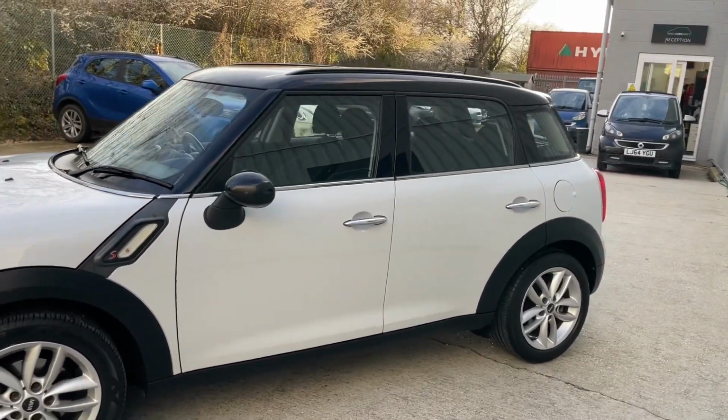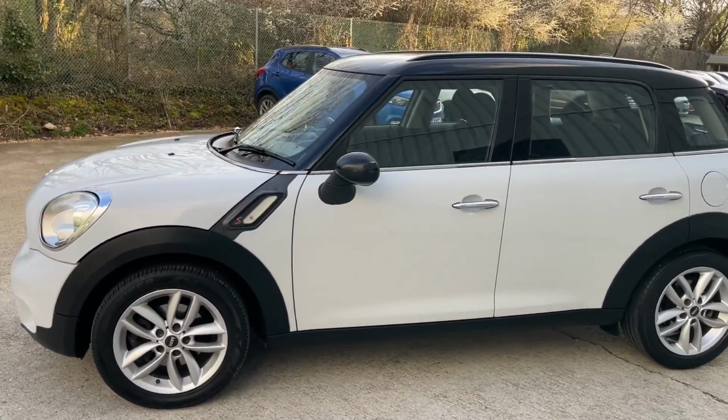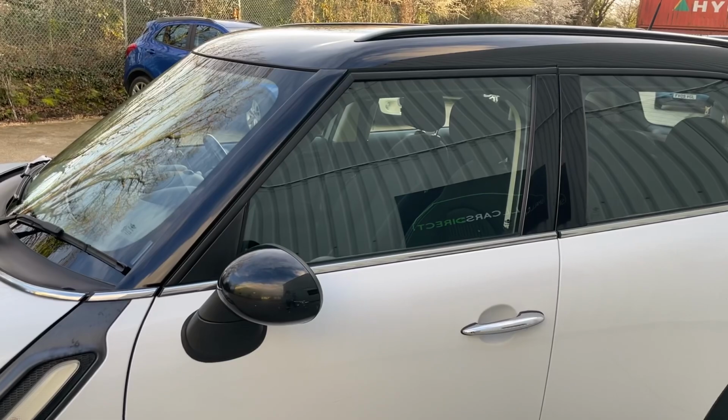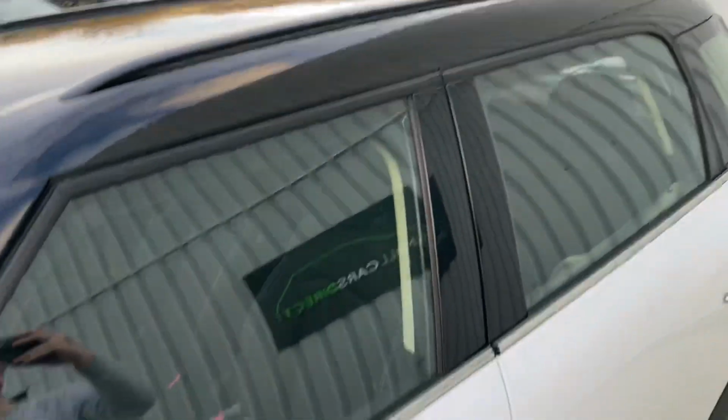Comes complete with some chrome effect detailing, mostly to the headlight surrounds around the edge of the lower section of the windows, but also has the gloss black mirrors, pillars and roof, which really does help to sharpen up the